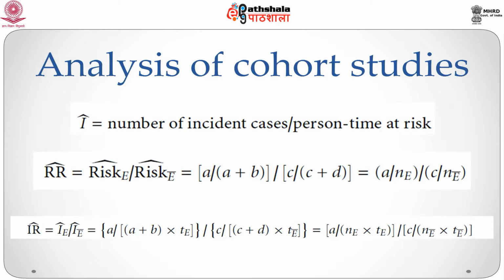We can also define the incidence ratio in the case where the person years of follow-up is different for each individual as IR hat equal to IE hat by IE bar hat equal to [A/(TE)] / [C/(TE bar)], where TE and TE bar denote the total person years at risk